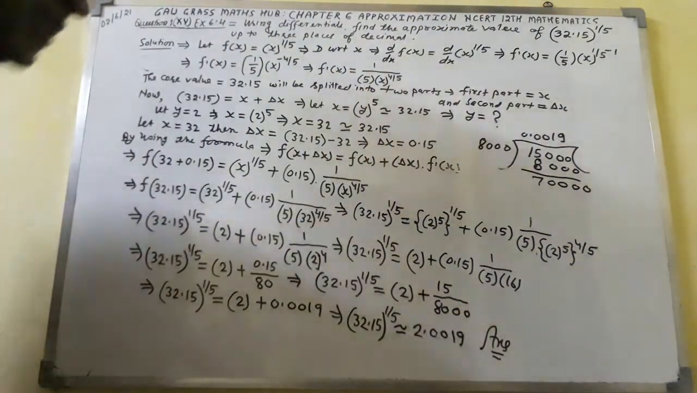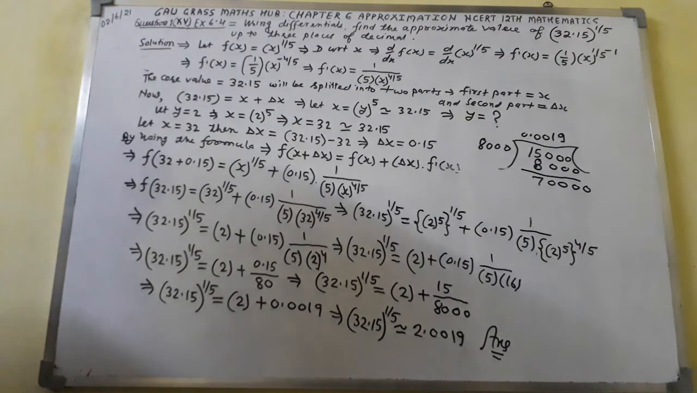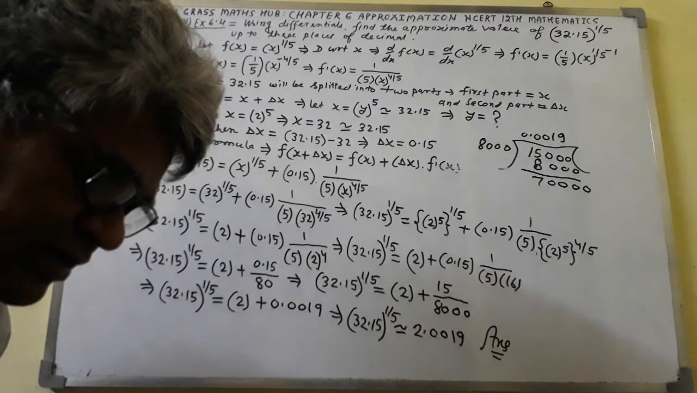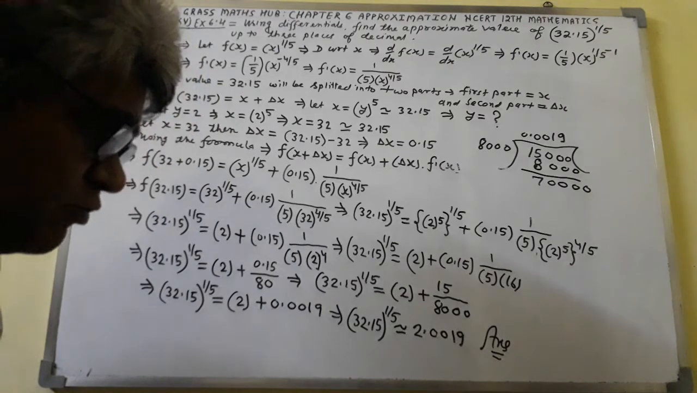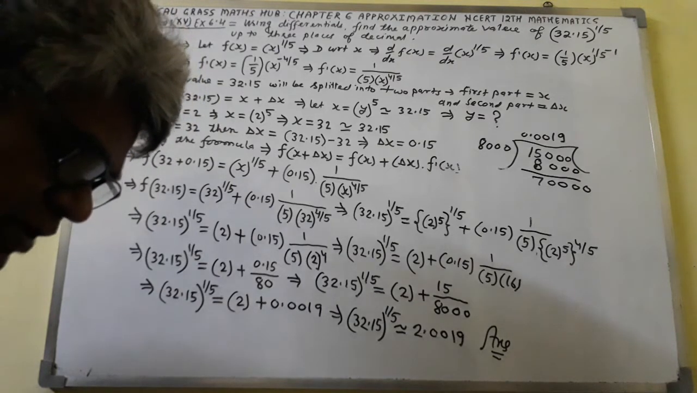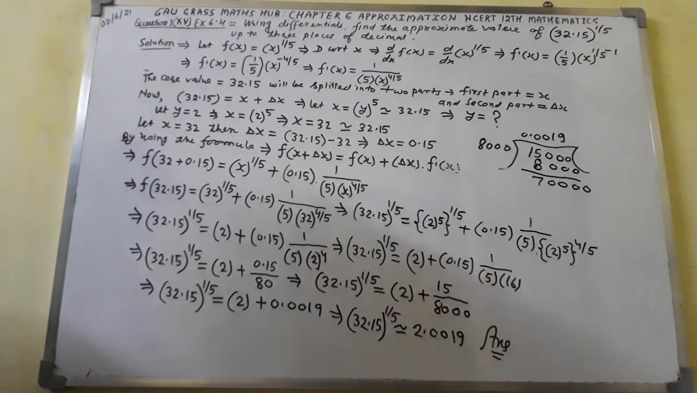Now I shall check the answer from the key point, so just wait for a while. The correct answer we have got is 2.0019. The answer is correct. The approximate value of 32.15 raised to the power 1 over 5 comes out to be